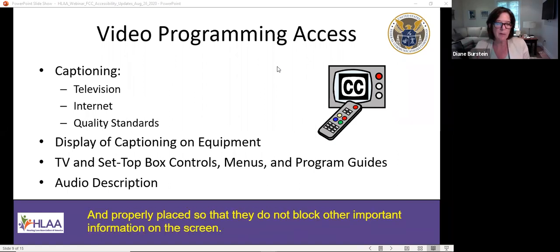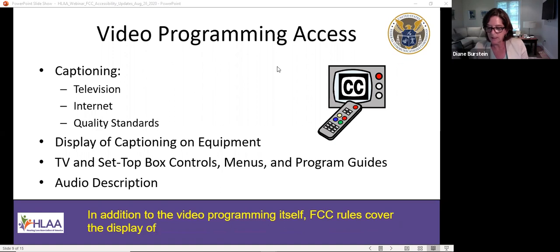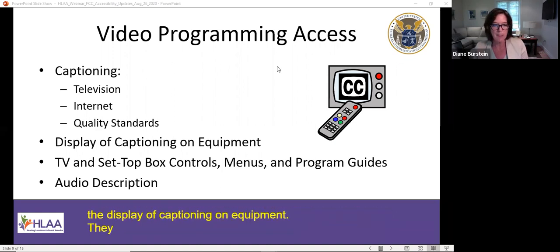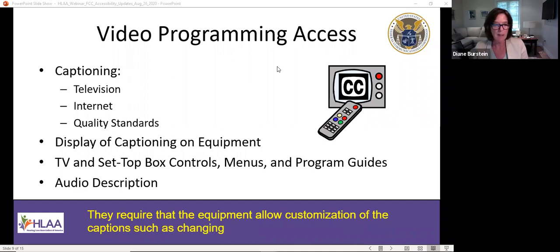In addition to the video programming itself, FCC rules cover the display of captioning on equipment. They require that the equipment allow customization of the captions, such as changing the size, font, and color of the captions.